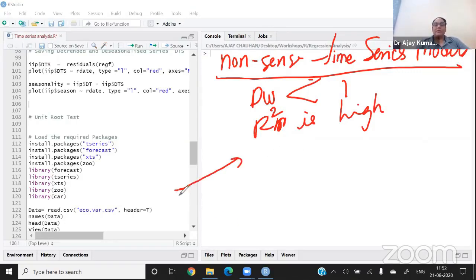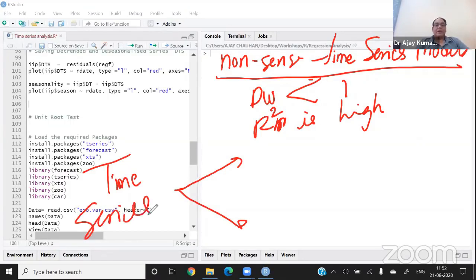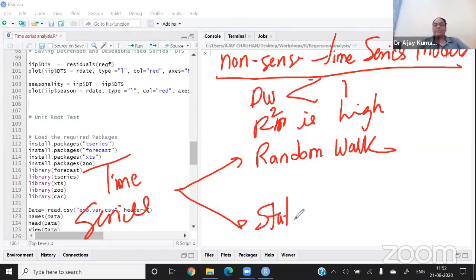One is called random walk, and the second series is known as the stationary series. So we have to understand what is random walk and what is stationary series, because if you do not understand these concepts, no analysis in time series is possible. So let me explain this concept.